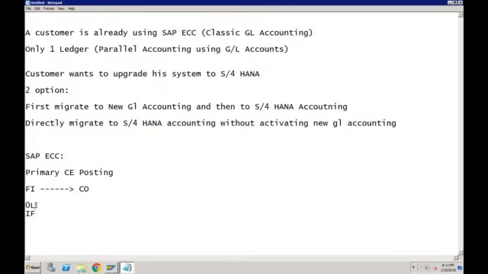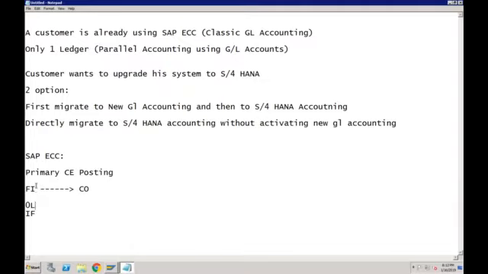This is very specifically written in the new GL document of SAP ECC: only the leading ledger can transport the values from FI to CO. No other ledger has the capability to pick the values from FI and post it into the CO in SAP ECC. But now, in SAP S/4HANA, we can decide what values can go from FI to CO, which ledgers will post from FI to CO.